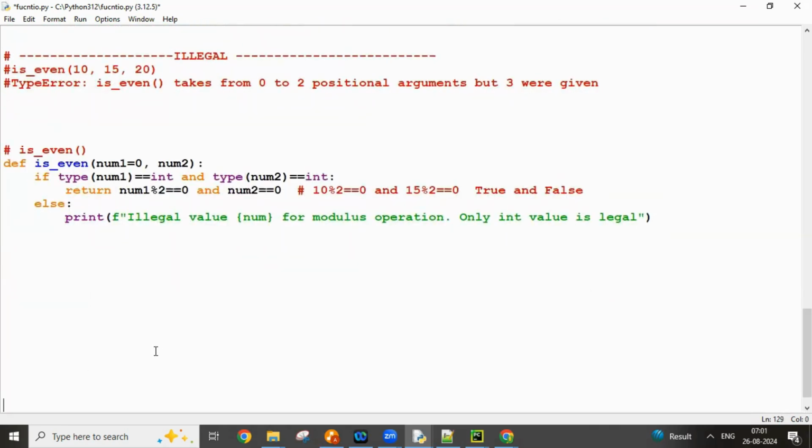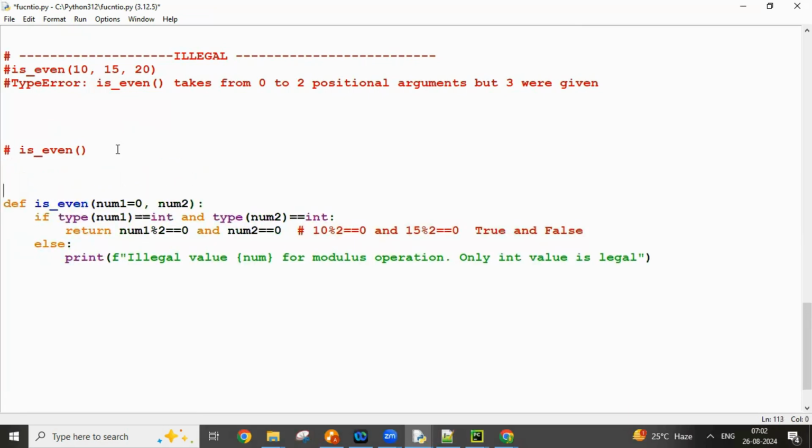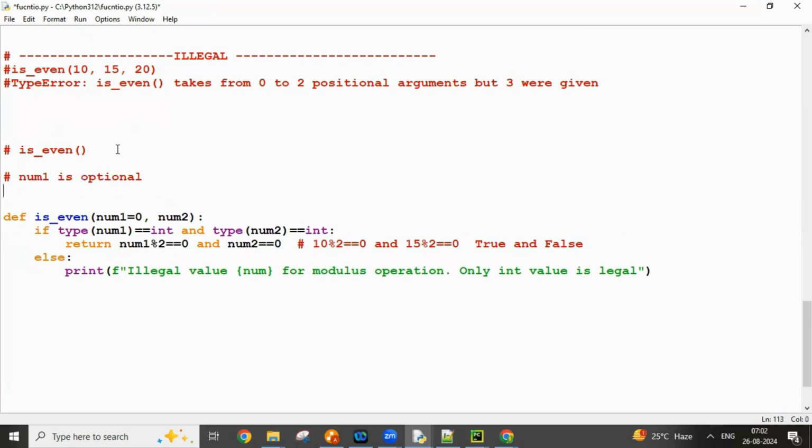Now, is_even: number one is optional, number two is mandatory. Got it? Or I would say number one is optional, number two is